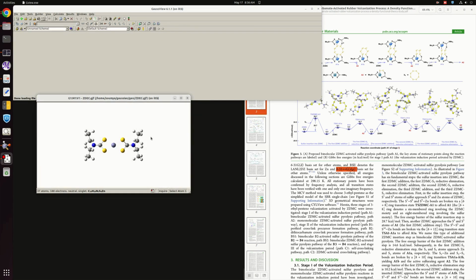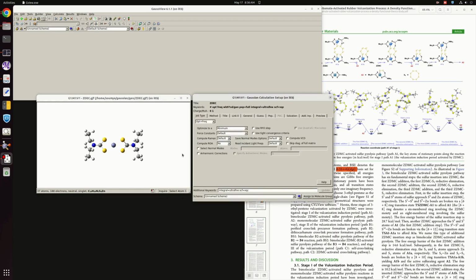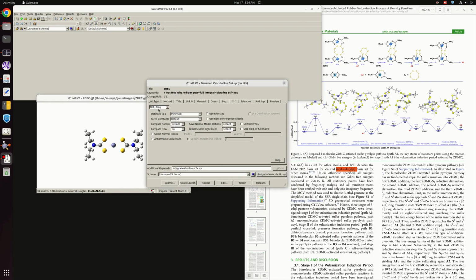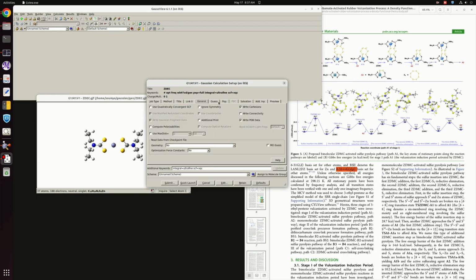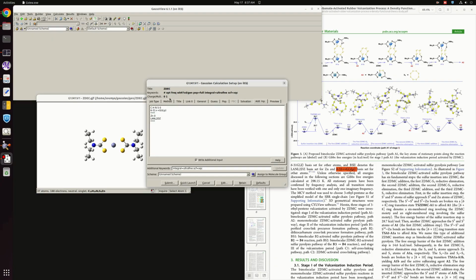So here, if I simply go to the calculation setup, you can check we are going to do this OPT freq. Then in the method section, we have taken DFT with the functional as WB97XD, and the basis set we have chosen as GEN. After that, all these are our simple tags, and in the additional input section, this is what we have added, and this is what appears at the end of our input file,